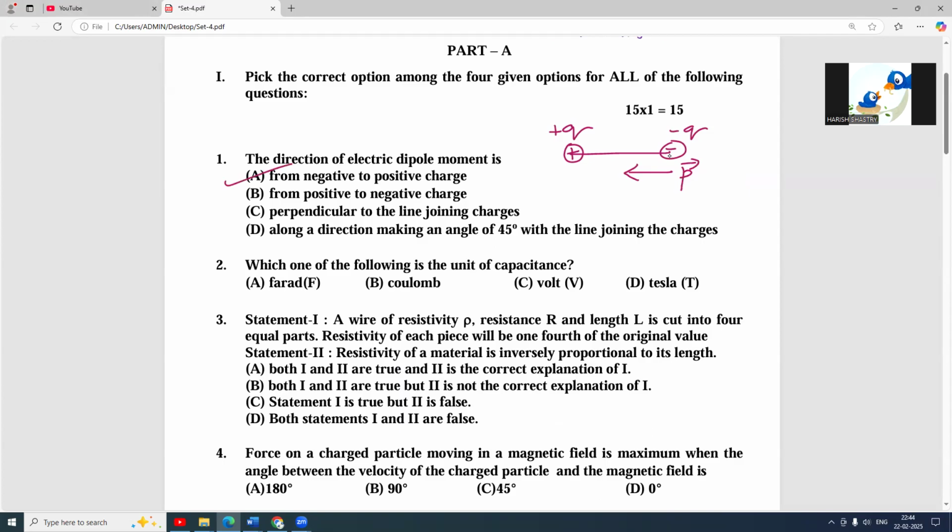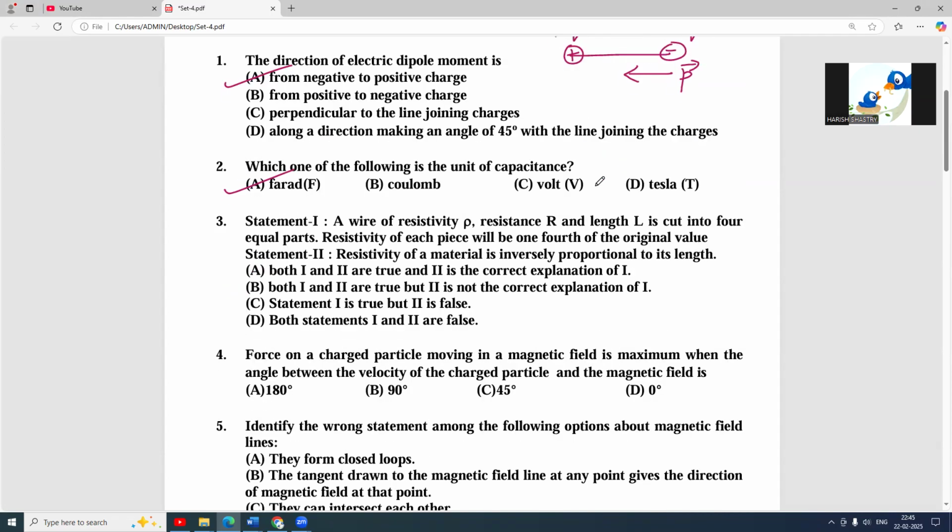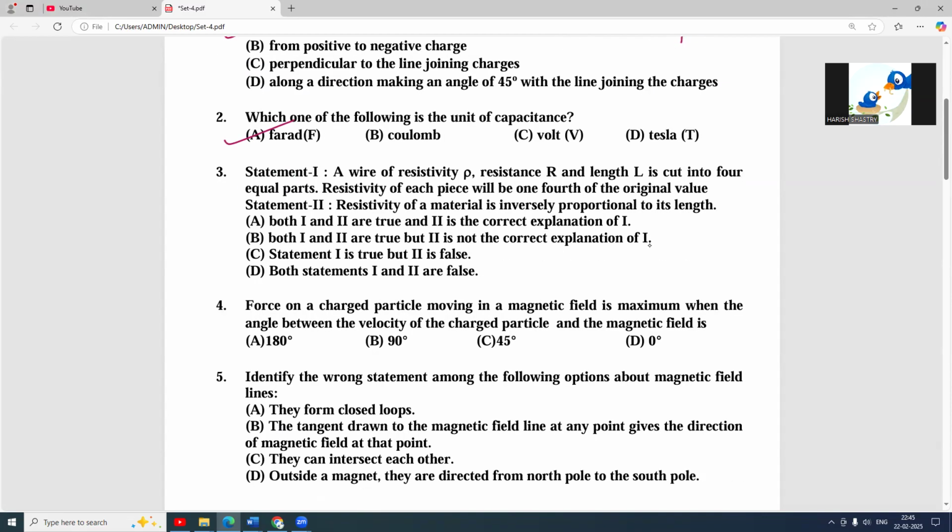Which one of the following is not the unit of capacitance? Capacitance is farad, coulomb is for charge, volt for voltage, Tesla for magnetic field. So farad. Statement 1: a wire of resistivity rho, resistance R and length L is cut into 4